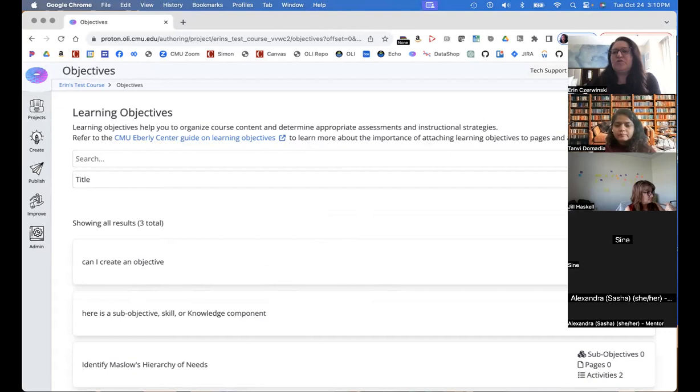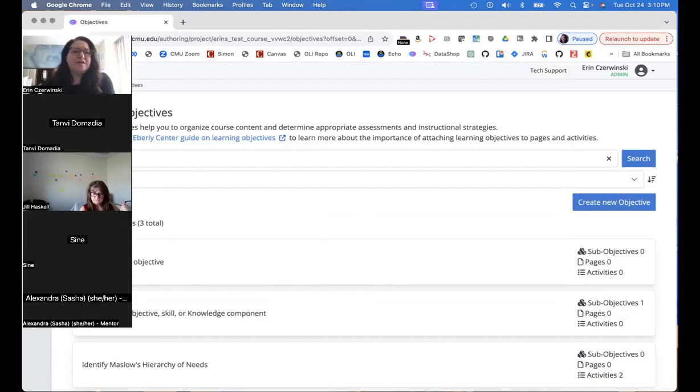And here's where you can create learning objectives that you can then attach later to your course, or to your assessments. When you're developing your assessments, I believe you can also generate new objectives at that point, but I feel it's a best practice to have all your objectives entered so you can just select from them. That way you won't accidentally create another objective that's the same as an old one. We've had issues with that. If you don't have everything already loaded and you do things as you go,